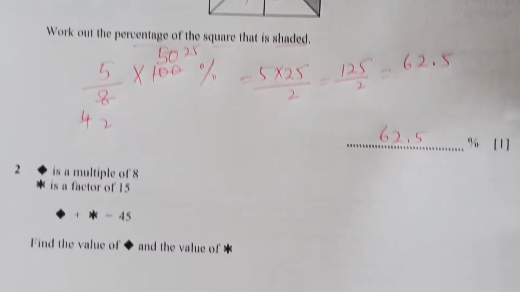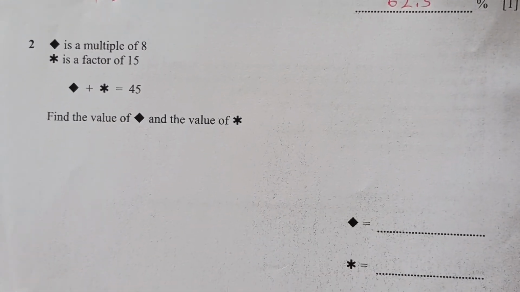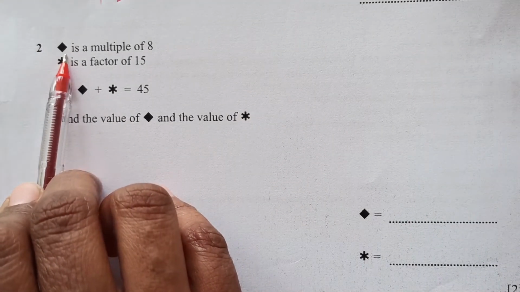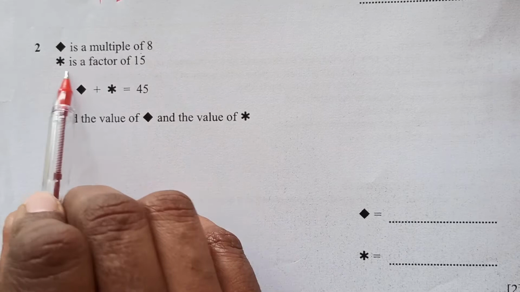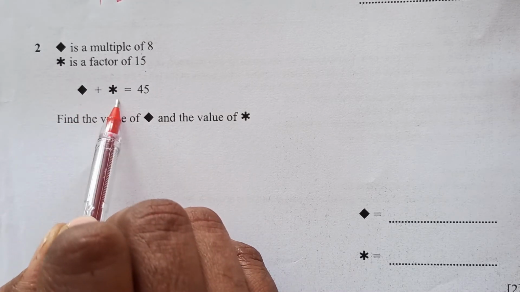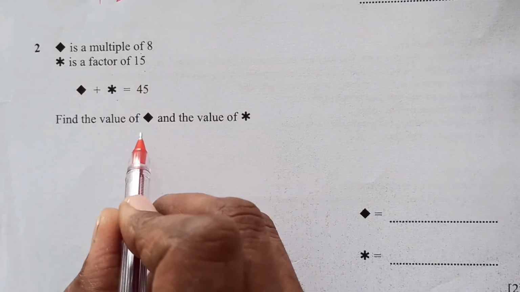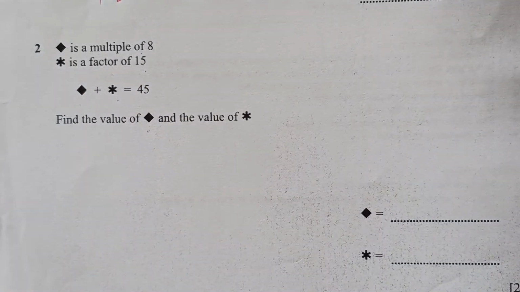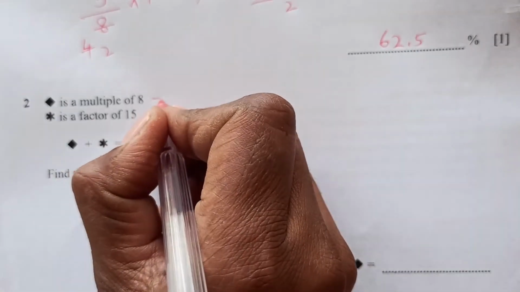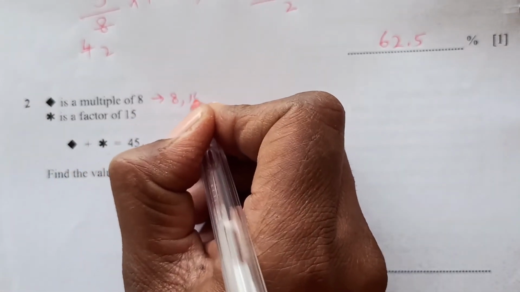Okay. Now here we have a tricky question. This shape is a multiple of 8. This is a factor of 15. We are looking for the one which gives you 45. Find the value of the square and the star. So let's see first of all multiples of 8. Multiples of 8 are 8, 16,